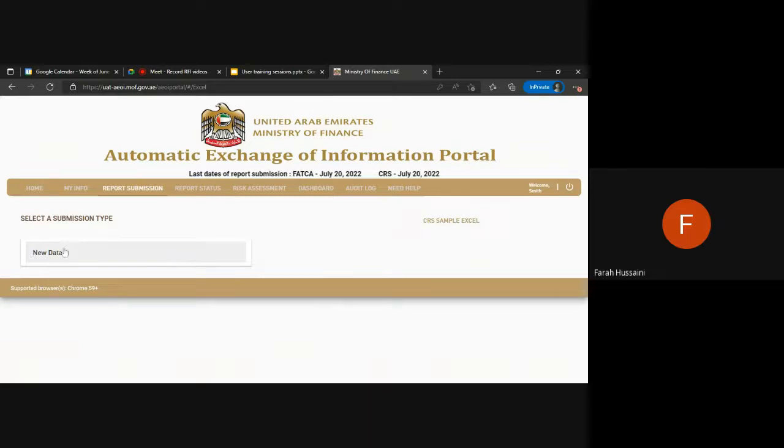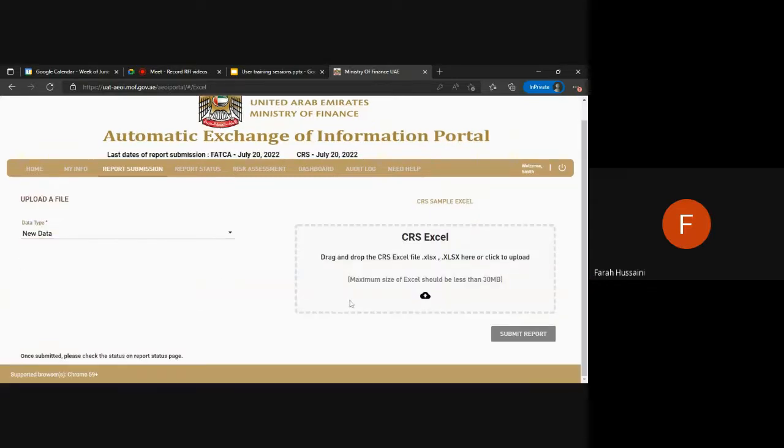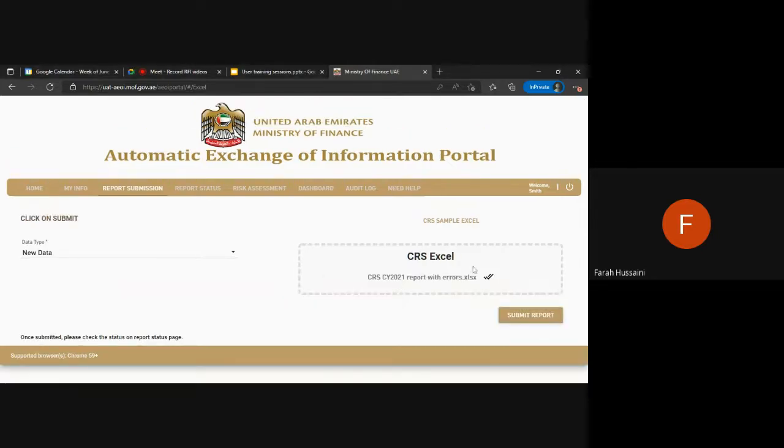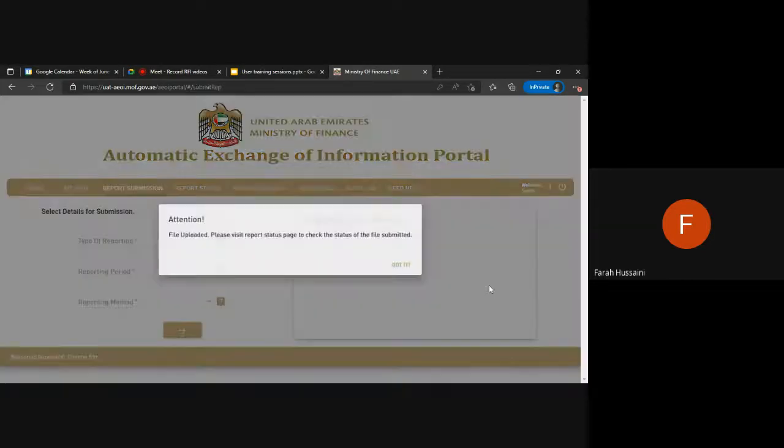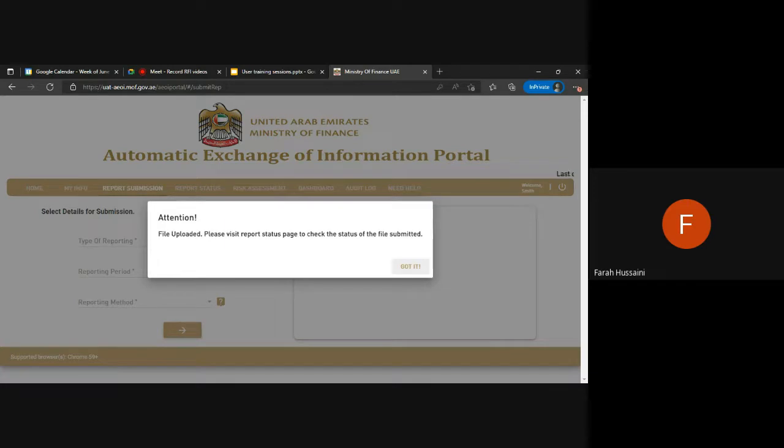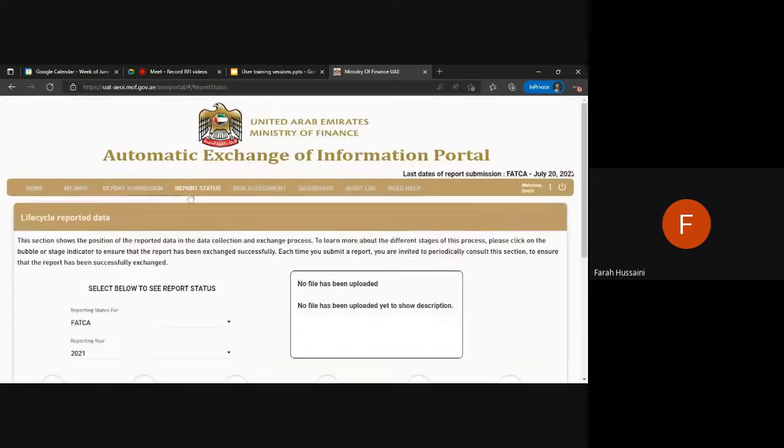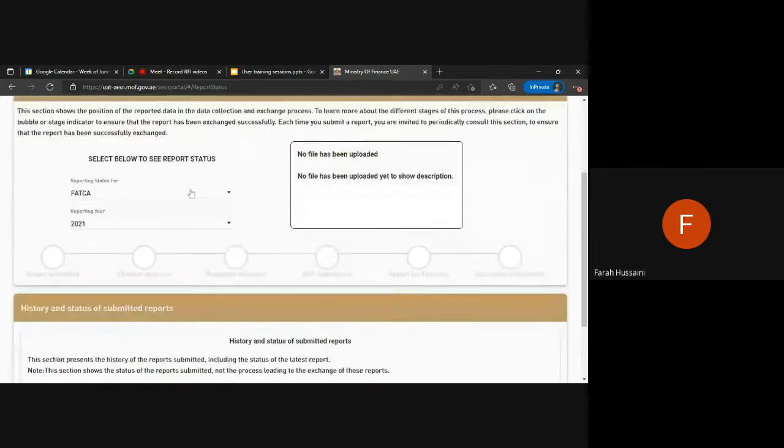We would select the new data that needs to be uploaded. And here you are required to search for the file that you will be reporting. So for CRS 2021, we will start with the first submission and submit the report. Once the report is uploaded, you will be able to navigate to the report status to see whether the submission